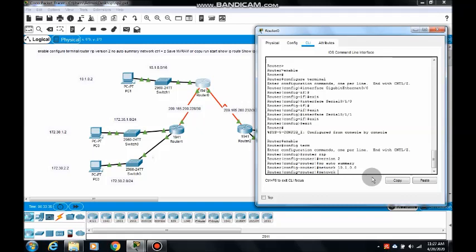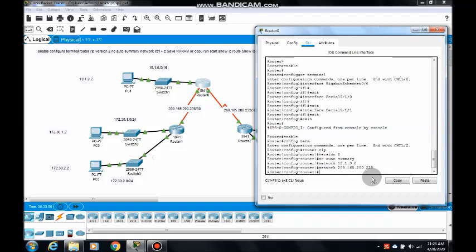Next network, 209.165.200.228 is a network. Another network, 209.165.200.232, is another network.